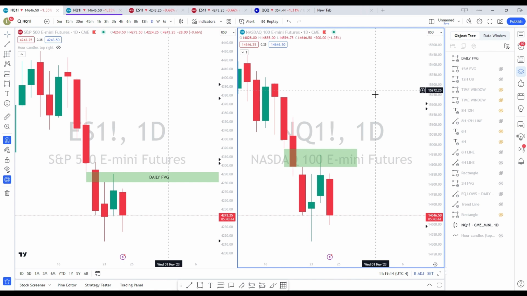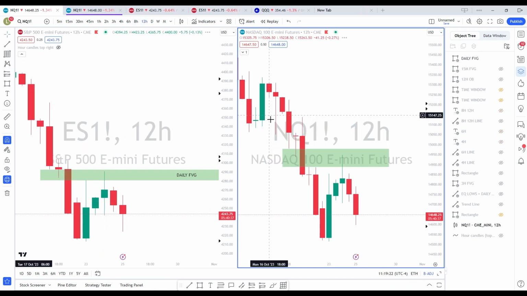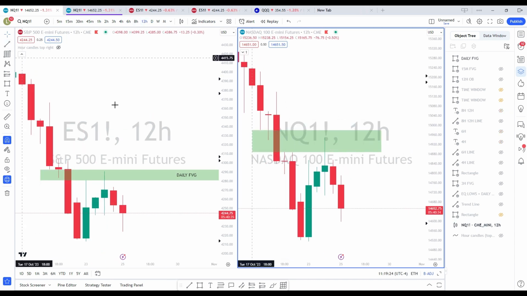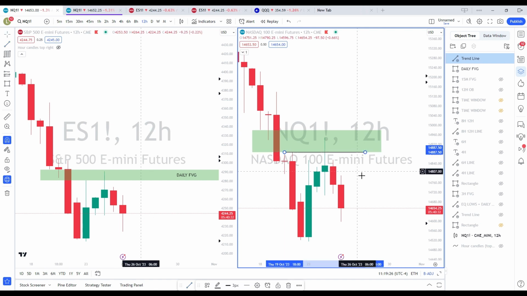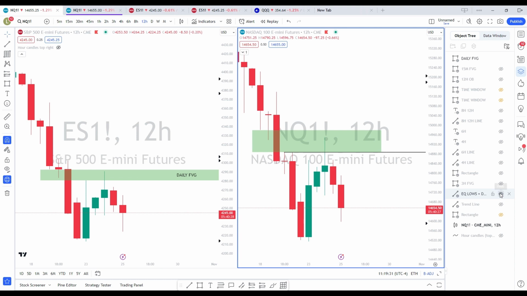Now they have their importance, no doubt about it. But why this was more important than other daily FVGs is because if you look on NQ, we had equal lows, almost equal lows, basically liquidity right here, right? So firstly that. This becomes great liquidity because just below a fair value gap, we have equal highs liquidity. So that is very important, the quality of this fair value gap is very high.